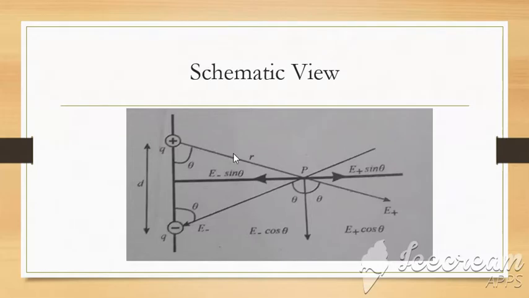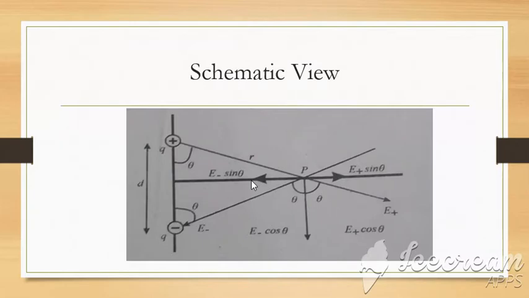Now this electric field vector is resolved into its components, x components and y components. Along x component there is sine theta, and along y component there is cos theta. Or we can also say sine theta components and cos theta components. So this r is making an angle theta with this d, and this one is also making an angle theta with this d. This half term is d by 2 and this is also d by 2.